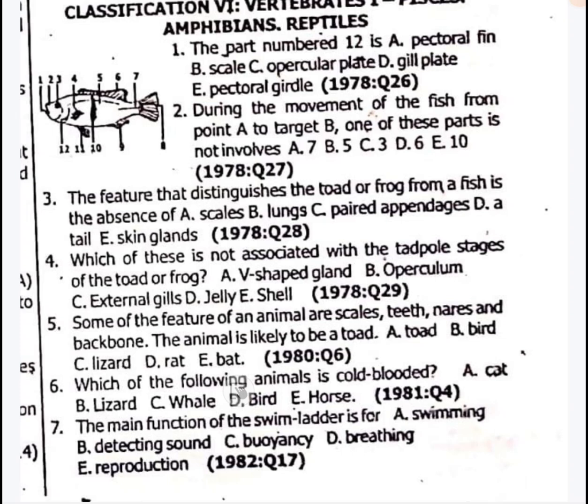Cold-blooded animals are animals whose temperature varies according to their environment. The correct answer here is option B. The lizard is cold-blooded, and that's why most mornings when the sun is rising, you see a lizard come outside and spread itself. That thing it does is called basking. Those animals are called cold-blooded or poikilothermic animals, while animals that have a stable or constant body temperature regardless of their external temperature are called warm-blooded or homeothermic